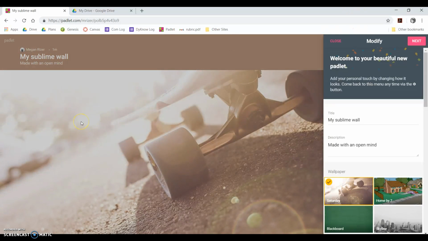So when you get here, you'll notice in the background that there's a skateboard and a title called My Sublime Wall. Please don't worry about that because you're going to change it. I want you to focus on the right side of your screen. The first thing you're going to do is modify your Padlet. So first things first, you're going to change your title. You're simply going to put your group number